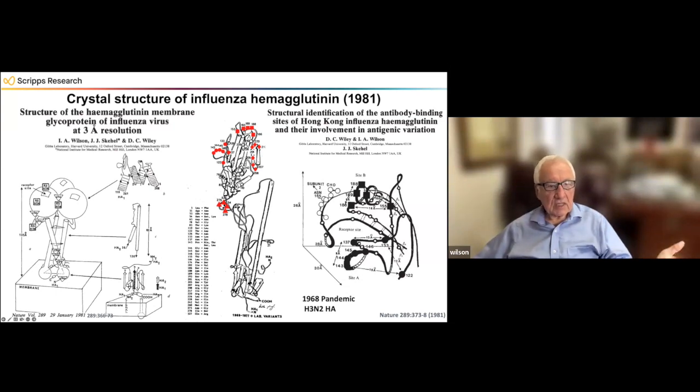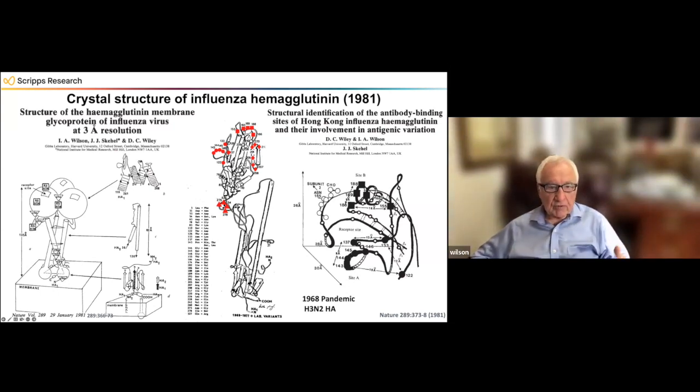And if we looked at the evolution of this virus from the pandemic in 1968 through to 1977, and then just put these red dots or red stickers on this cartoon of the hemagglutinin, one could get an indication of where there were mutations, of where the antibodies were actually likely to be binding, the so-called epitopes. And so one could see that most of those tended to be on this head domain in and around the receptor binding site, which is here, and not on the lower half, which is much more conserved and contains the fusion machinery.